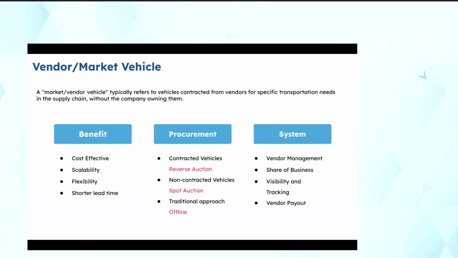Then moving on to the third, that is flexibility. Again, procuring vehicles from the pool of vendors is one of the most flexible options, right? Whenever there is a need, they can have a vehicle from the market. Now this leads me to the last benefit, that is shorter lead time. Since it is very easily available, the lead time of procuring this vehicle is very short, right? So many organizations find that renting a vehicle is much faster than waiting for a